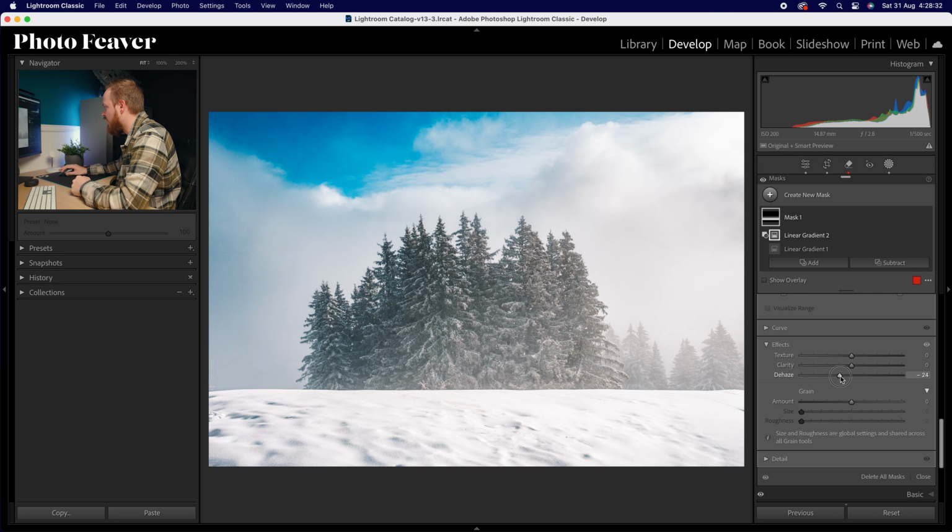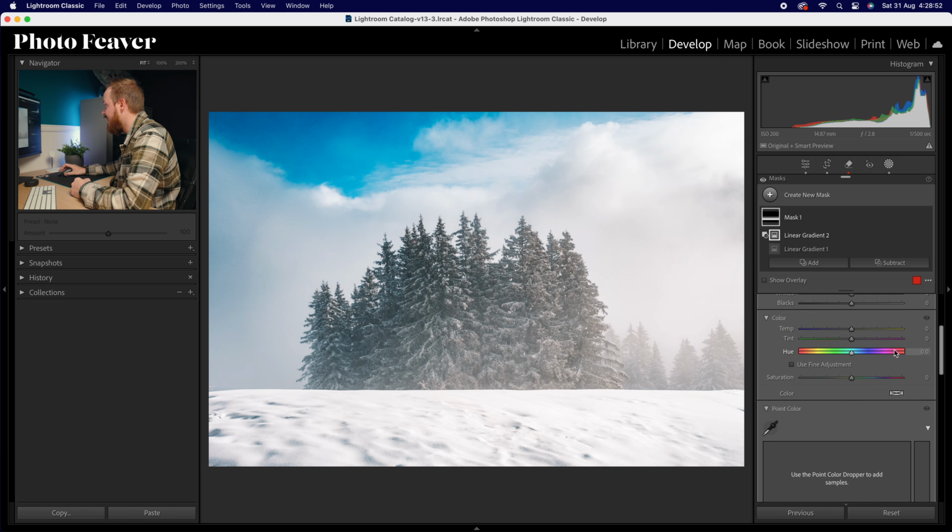Now, if you want to make the effect look a little bit more realistic, we can actually add in a few more effects. So what I'm going to do is go to dehaze and drop that down by -20. I'm going to clarity, and I'm also going to drop that down by -20, and texture, I'm going to drop that down by -10. Now, because fog and mist is usually quite bright, what we can also do is go all the way to the top,